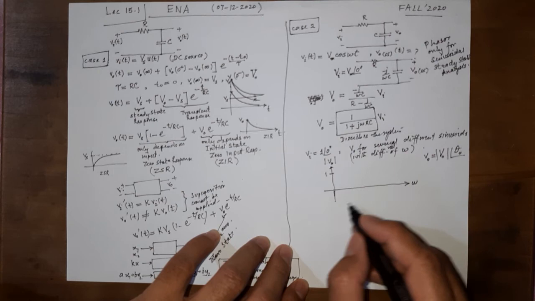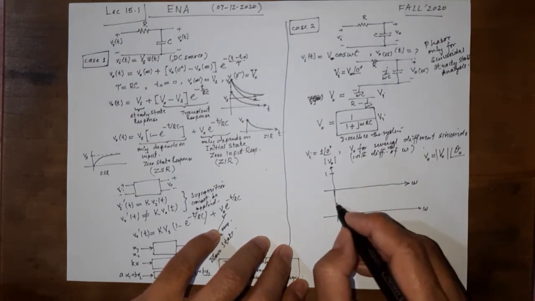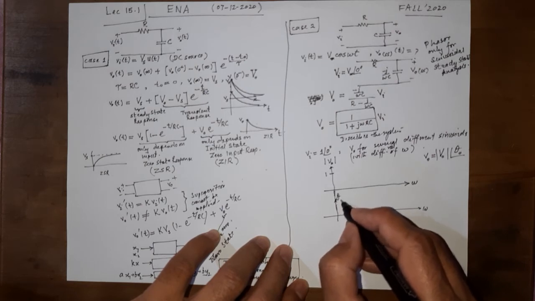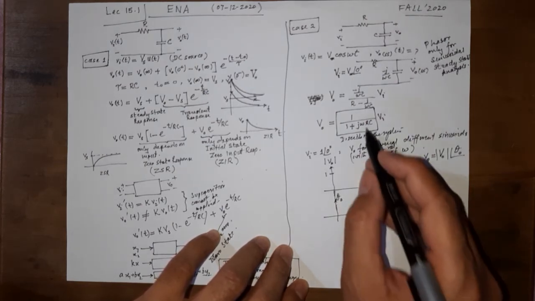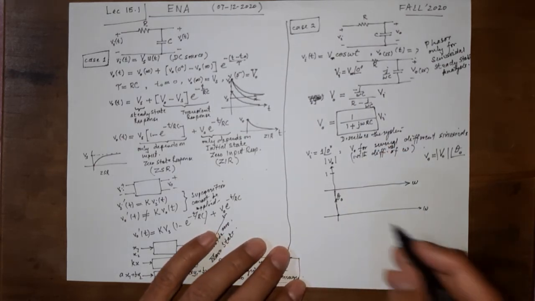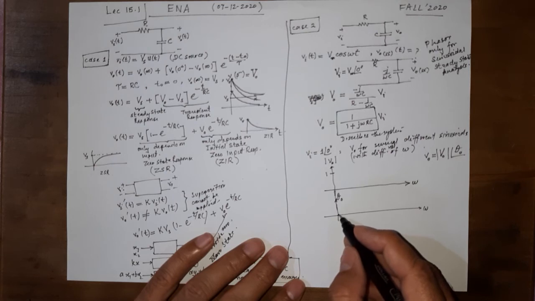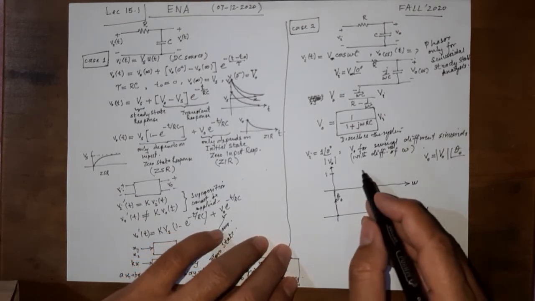So what is going to happen to this? And then there is another graph against omega saying what would be this theta naught, how would that be depending on omega. So when this omega is 0, we can see that it is 0. The phase is 0, means the phase of the output would be equal to the phase of the input. So we are interested in this graph.